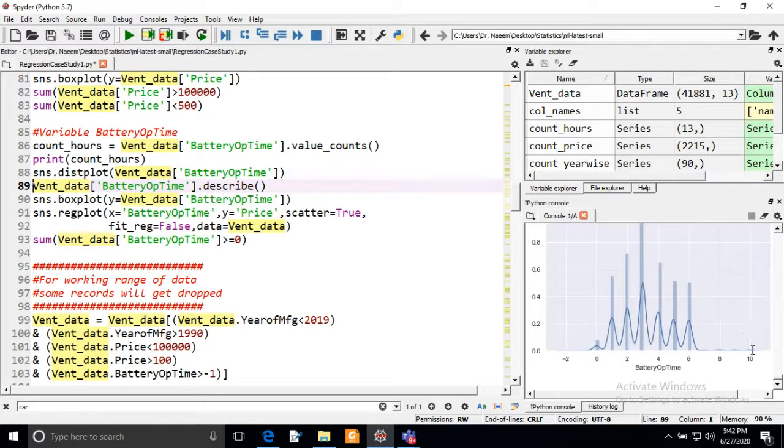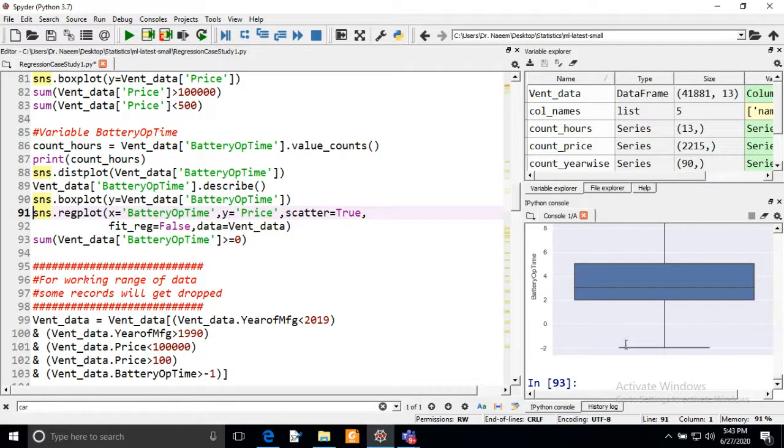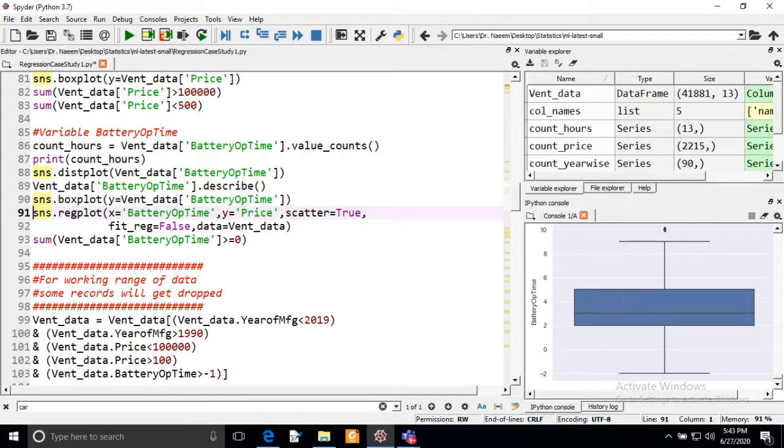So maybe these ventilators are very new but have some damage. Maybe they are being sold through an e-commerce website, so they can have a lesser or larger value. It depends on the price of these ventilators and the condition of the ventilators. Now we are looking at the box plot of the battery operating time. You can see here we are having the negative values, and this is the box plot of battery operating time.